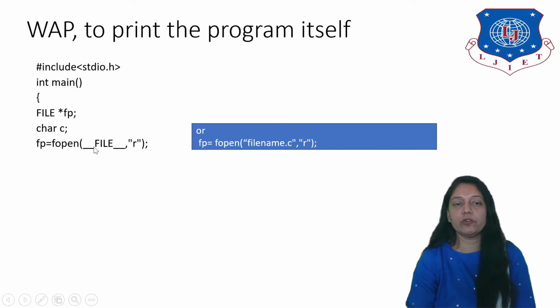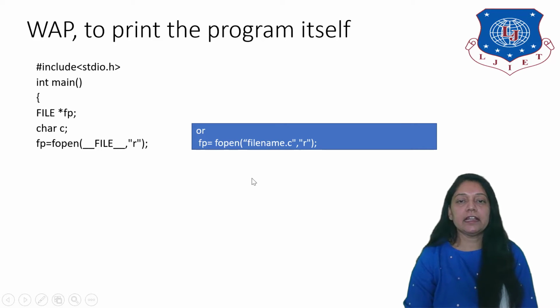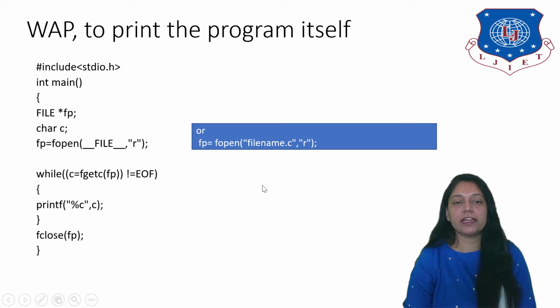Okay, so use the fopen function. It is going to return the file pointer to the first character of the file. Now the file is open for reading purposes. Now what we want to do is read, one by one, each and every character from the file. Okay, now we have seen how to open a file, and this file is open for reading. And now we'll write the steps for reading each character one by one from the file.